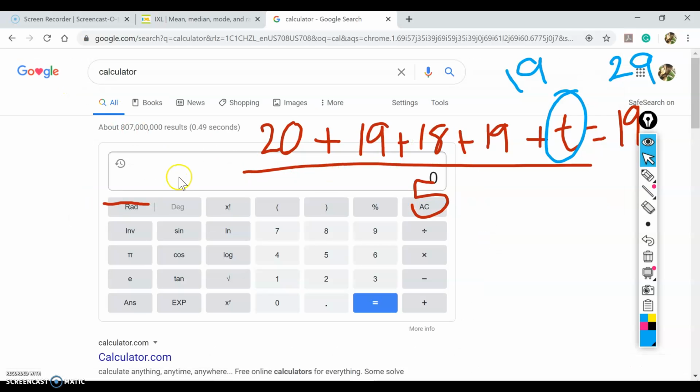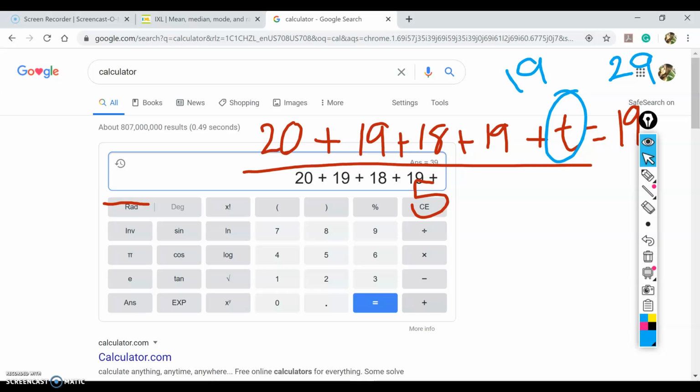Okay, on the calculator, I'm going to add all of the numbers that I have on the top. So it would be 20 plus 19 plus 18, oopsie, plus, oh, I don't even know what I clicked. Let me just start again. So I'm going to add 20 plus 19 plus 18 plus 19,